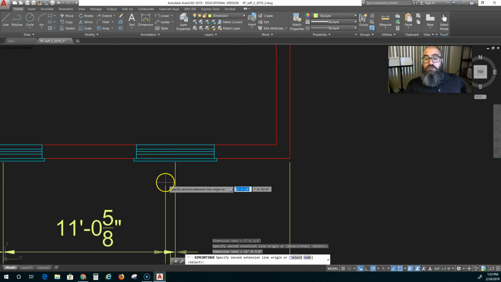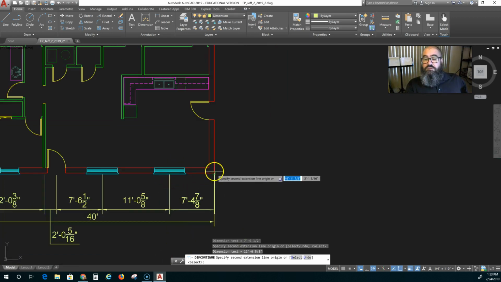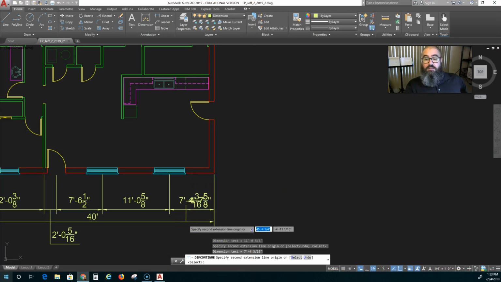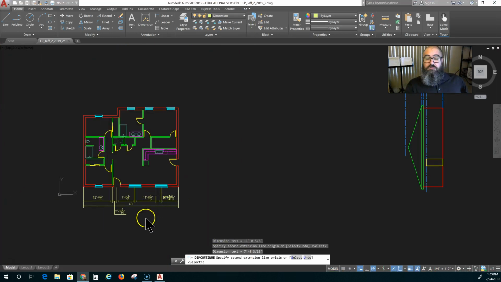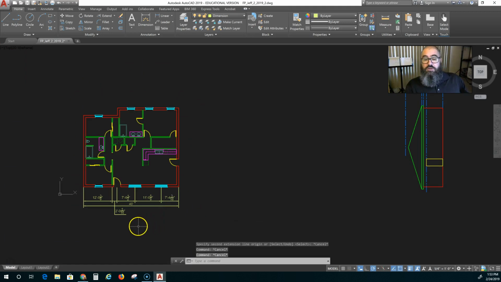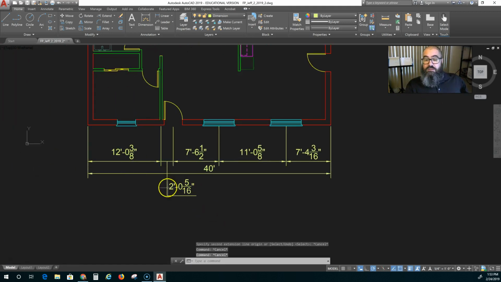Okay, and then go all the way to the end. Okay, now that is our doors and windows, and it also automatically does stuff like this if the dimension does not fit, which is really good that it does that. And actually I was just supposed to do major walls, and let me,